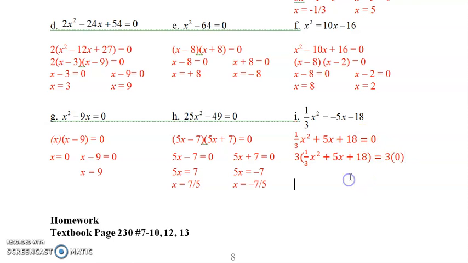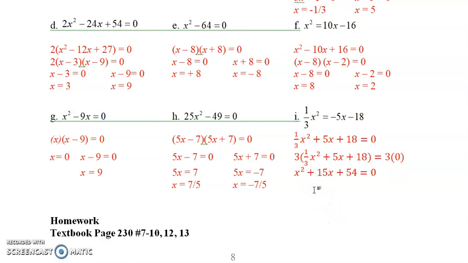Three times 0 is not going to change anything. And that's the beauty of solving equations. Unlike a function, you couldn't do that, because then it'd be 3y. But here, it's an equation equal to 0, so we multiply 3 by 0, it just makes it 0, which is nice. So 1/3 times 3 is 1. That's why we did it. 5 times 3 is 15, and 18 times 3 is 54. And 3 times 0 is obviously 0. So then we have this beautiful